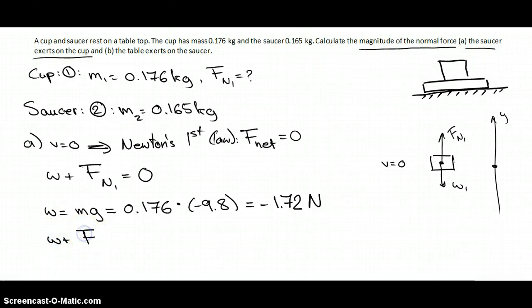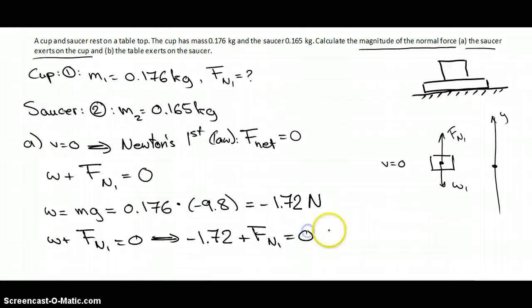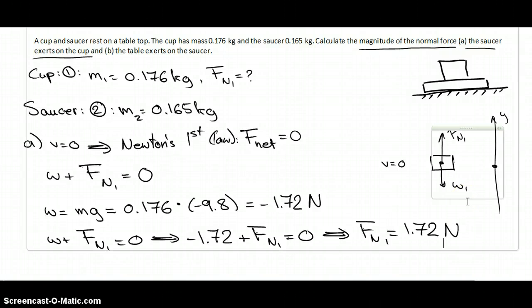W plus Fn1 equals 0, so negative 1.72 plus Fn1 equals 0, and the normal force is 1.72 newtons. That's my final answer. I take a minute to take a look at it. It's positive upwards, that makes sense. And I used 3 significant figures. I have it correct, so I get it pass. Now,